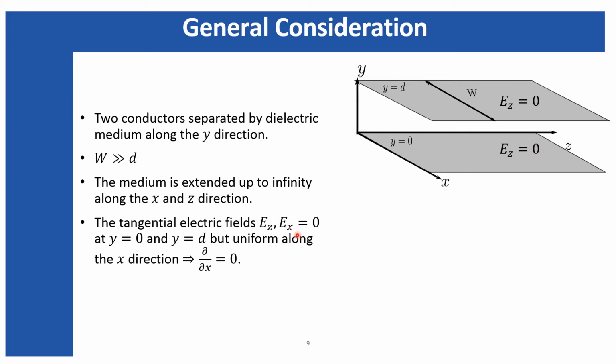Along with that, the variation of all the electric fields along the x direction is going to be 0, because the fields are uniform along the x direction. Therefore no variations can be observed for the electric field as well as for the magnetic field along the x direction. And for the z direction, it only includes the propagating factor, that is e to the power of -jkz.